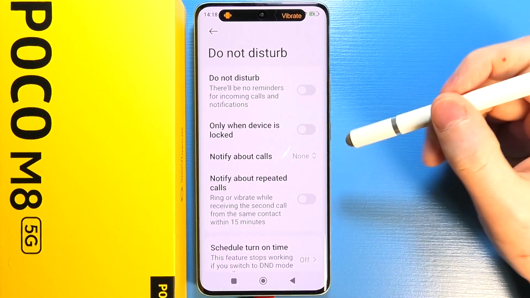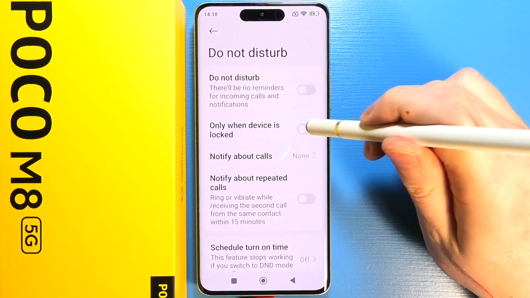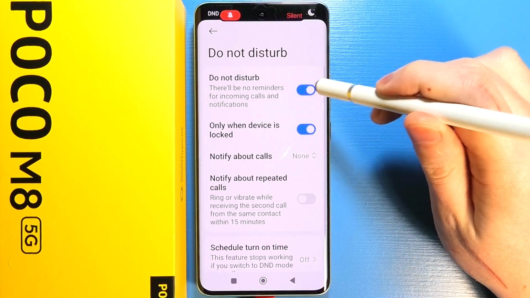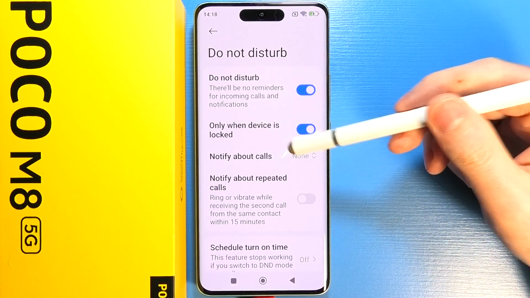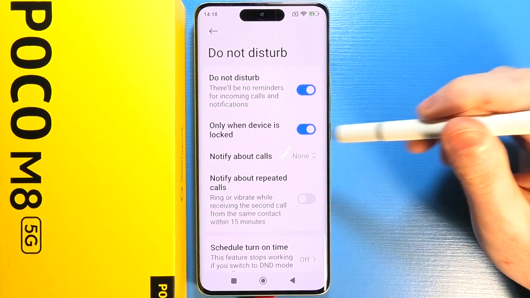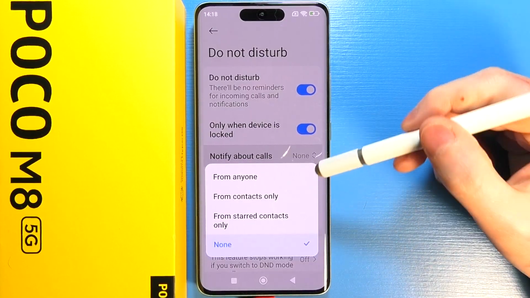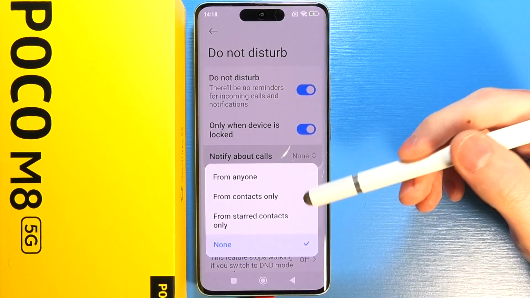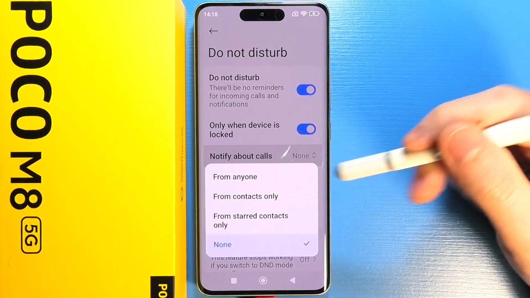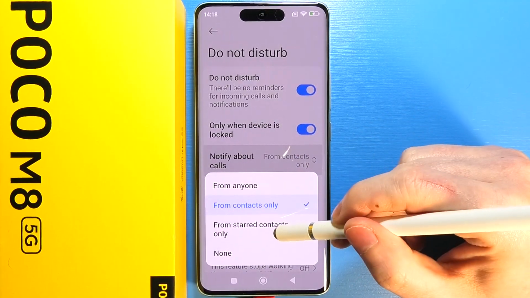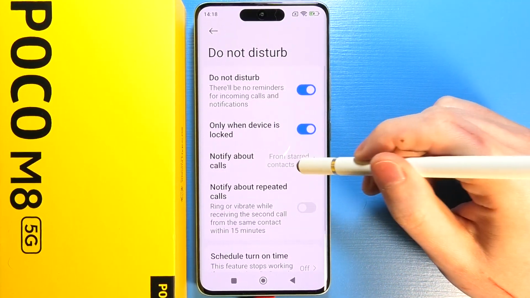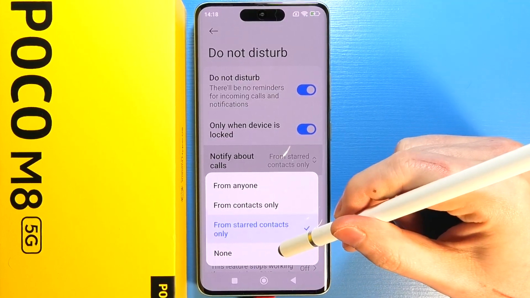And there's other settings like only when device is locked. If you activate this option and enable your Do Not Disturb mode, it will only work when you lock your phone. Then there's Notify About Calls. You can change which calls will be able to bypass Do Not Disturb mode. Calls from anyone, calls from your contacts only, calls from starred contacts only, that means your favorite contacts, or none